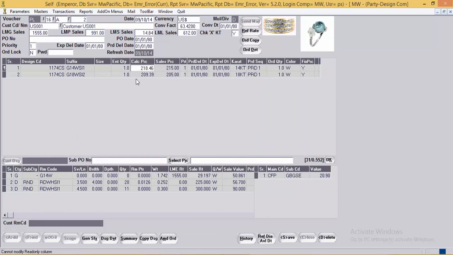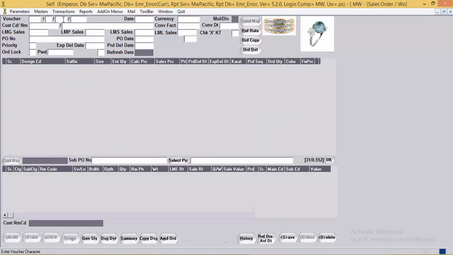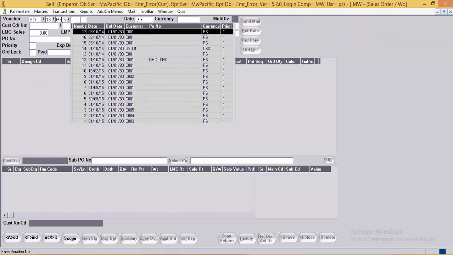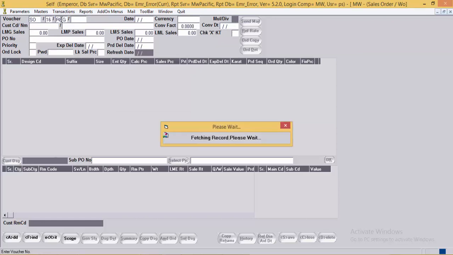Now the user has maintained the PDCM for US001 for the given design 1174 CS in 2 combinations. Now while booking the order for this particular design and this customer, we'll take a new order for customer US001.